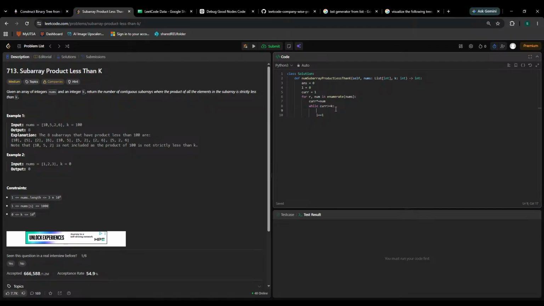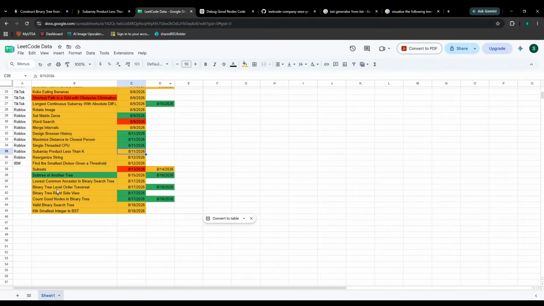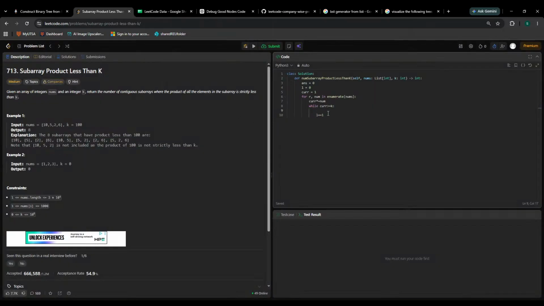This is weird. I feel like I've done this, but I guess it says I haven't. While cur is more than or equal to k, L plus equals 1 and cur divided by nums at L. Right, and then you just can do